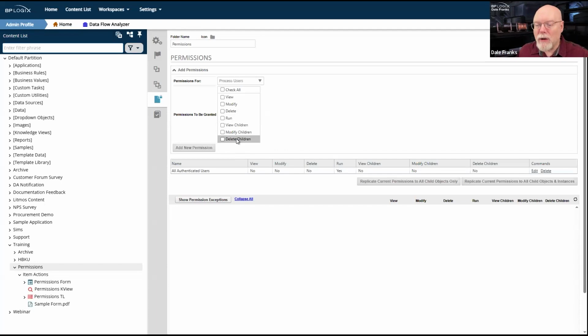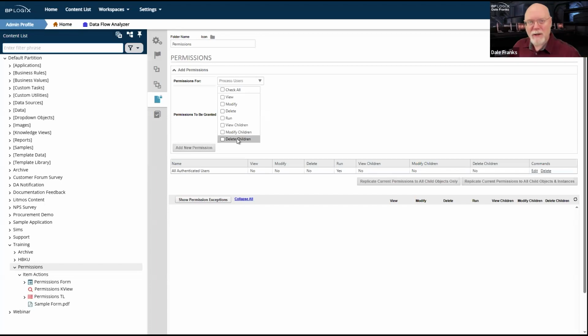They already have it under the existing permissions rule. And I certainly don't want to give them delete children. Well, maybe I do and maybe I don't. I think as a default, I don't want to give anyone delete children permissions because I don't want them to be able to, for example, delete a form instance. But will they need to delete perhaps a document attachment? Maybe they will, in which case I might need to give them delete children permission. I don't know. That's an iffy question.